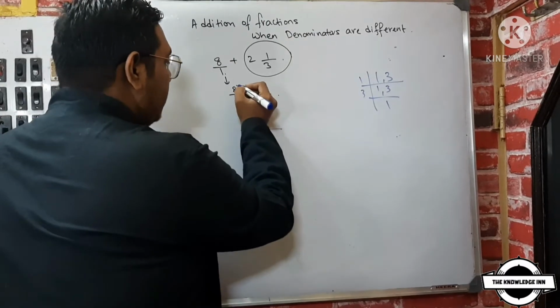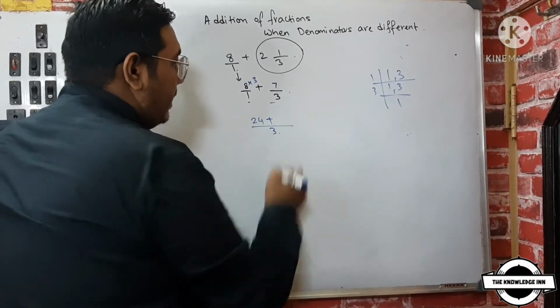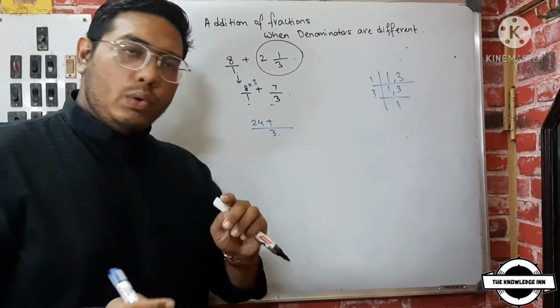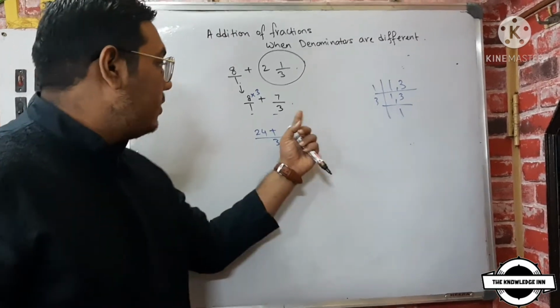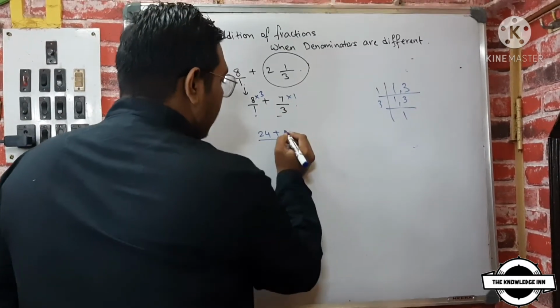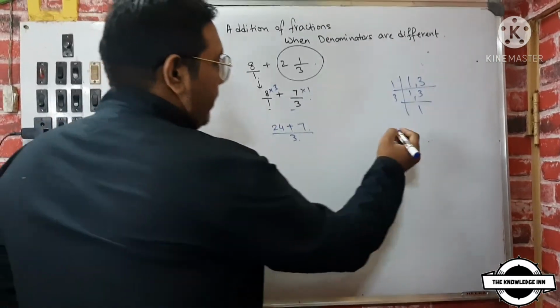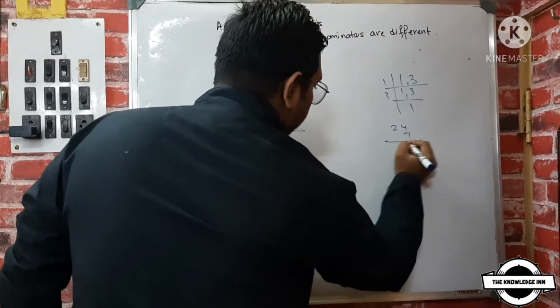So 3 times 8 is 24, plus in the 3 times table, 3 will come 1 time. We don't have to divide and show it separately. So in the 3 times table, 3 will come 1 time, into 1, and it becomes 7. Now we'll add them. It will become 24 plus 7. Just for your sake, I'm adding it up.